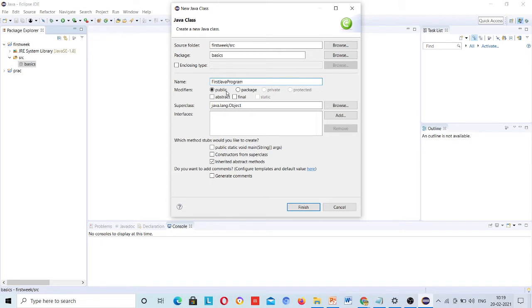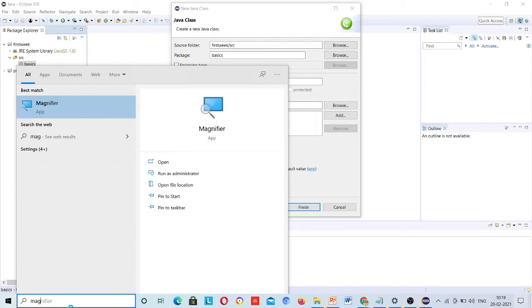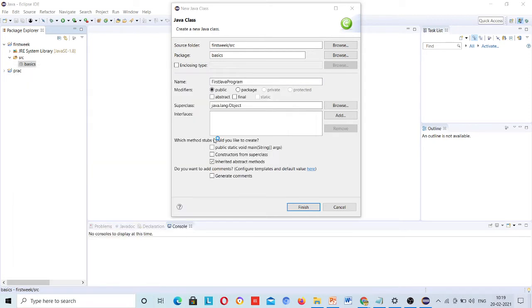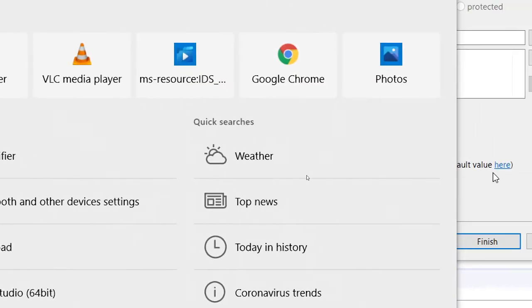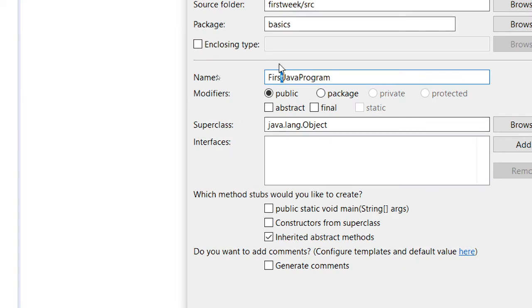Now this is the class name. F I have given capital, J I have given capital. If you are not able to see, then I'll show you. See, FirstJavaProgram, right?